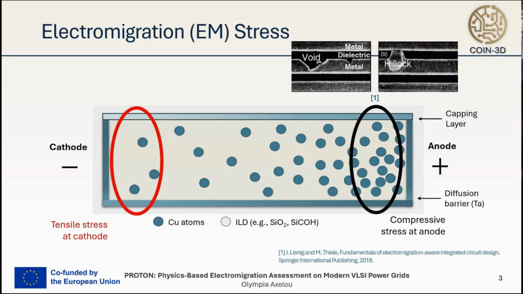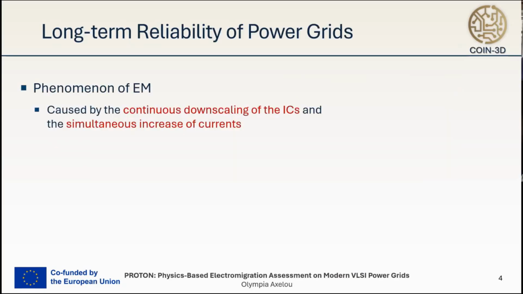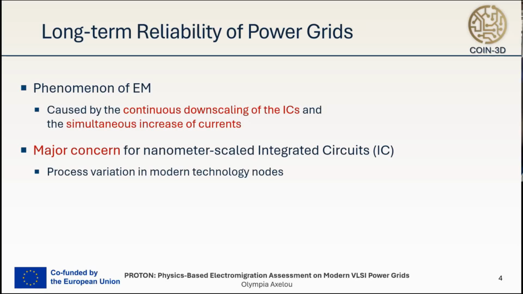Now, the derivative problem is that the resulting concentration gradient that exists due to the electromigration stress, when it reaches a critical level, can lead to hillocks and denser material, as we see here in the anode, as well as the creation of voids and consequently open circuits. And this is the most important part. The phenomenon of electromigration actually intensifies due to the continuous downscaling of integrated circuits and the simultaneous increase in currents that flow in the interconnects of the lines. It is considered a major concern for nanometer-scaled integrated circuits, especially in modern technology nodes in which process variation